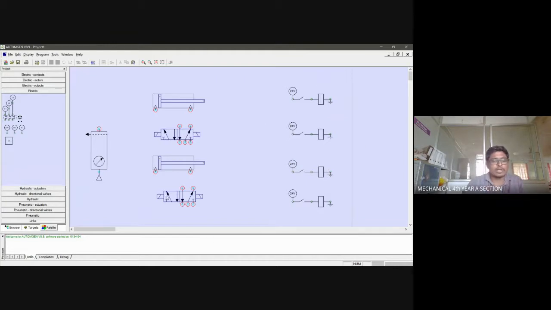Okay. Then what I have to do is, I have to take this air supply, I mean the medium supply, to the direction control valve first, and from the direction control valve, it is connected to the cylinder. Okay. So what is FRL unit? We have seen already. FRL is nothing but your filter, regulator, and lubricator. Okay. The 3 things are combined in a single unit. We will call it as FRL unit.